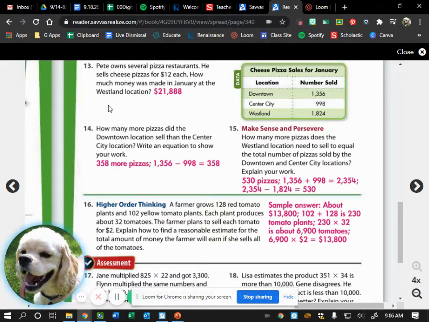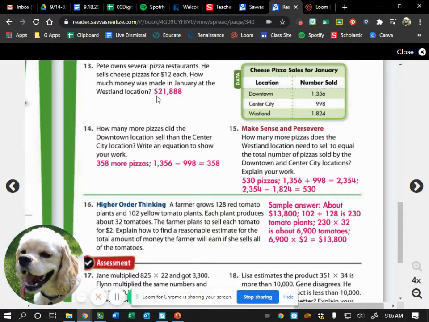How much money was made in January at the Westland location? So he sells cheese pizzas for $12 each, and the Westland location sold 1,824 pizzas in January. So we should have taken 1,824 and multiplied it by 12 to figure out how much money they made in January at that location. And you should have gotten